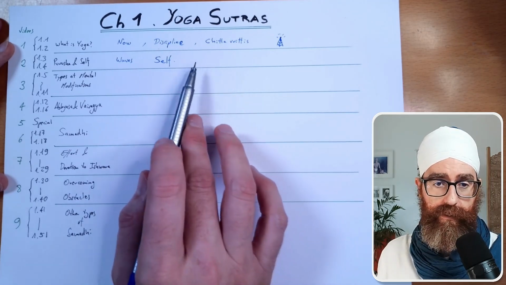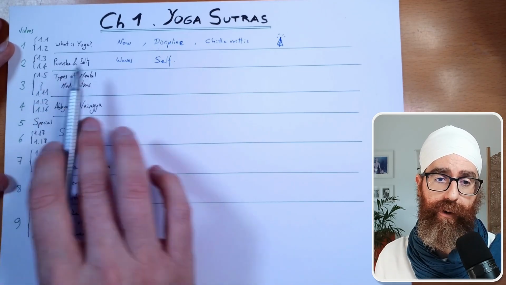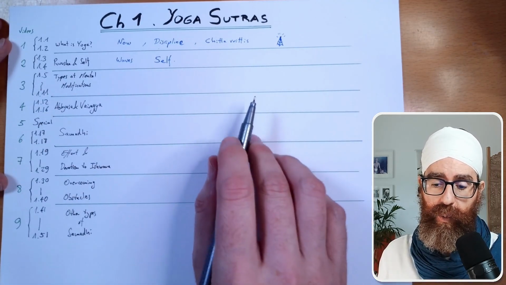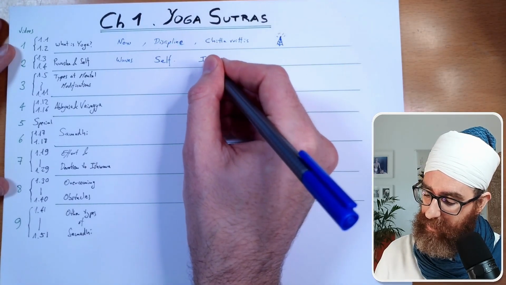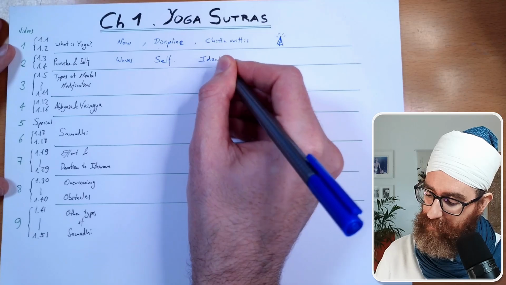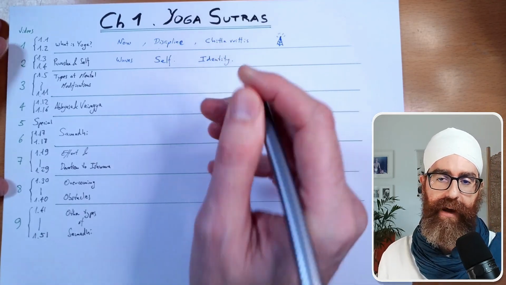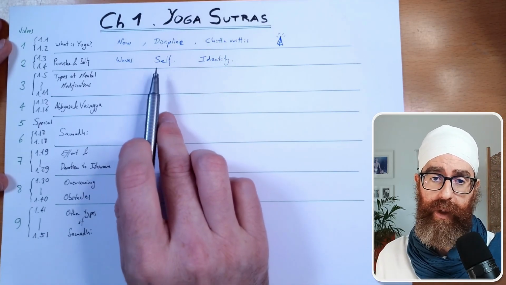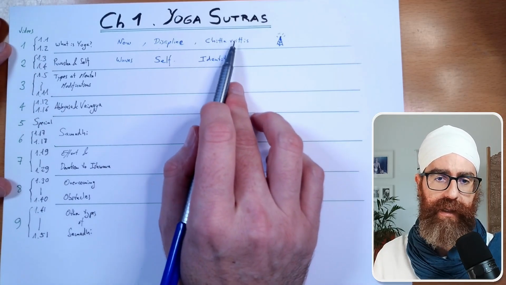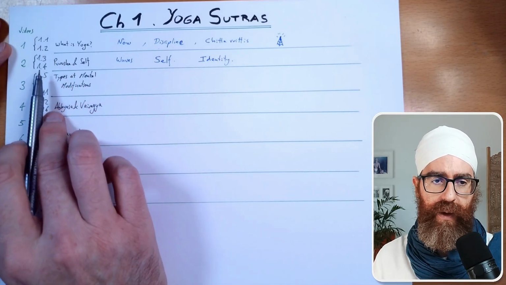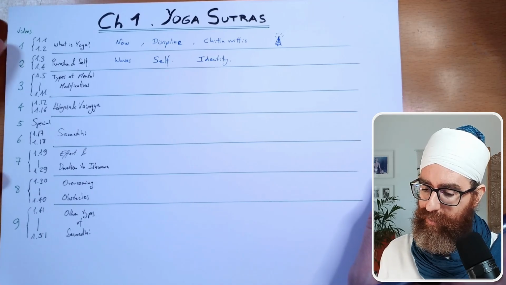And otherwise, what happens? Well, otherwise, 1.4: we get identified with our thoughts. And that's an interesting thing, yeah? What is our identity? Do we identify with our real self, with who we truly are, in our essence, or are we identifying with the chitta vrittis? So this is what is being conveyed in the 1.4.